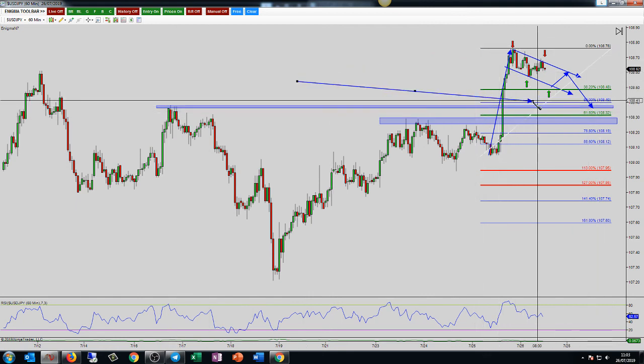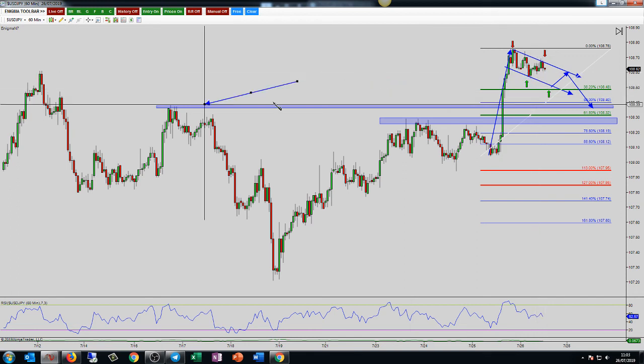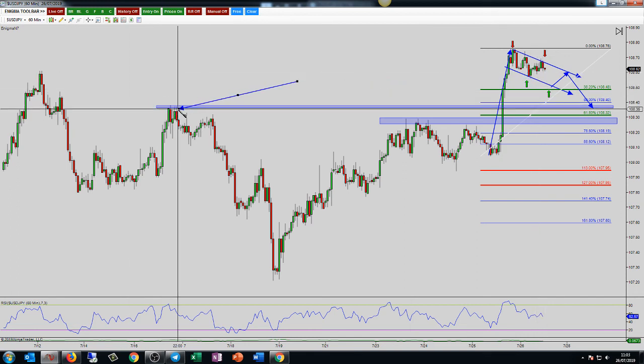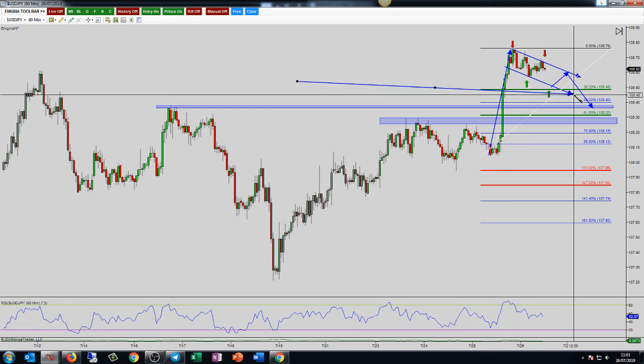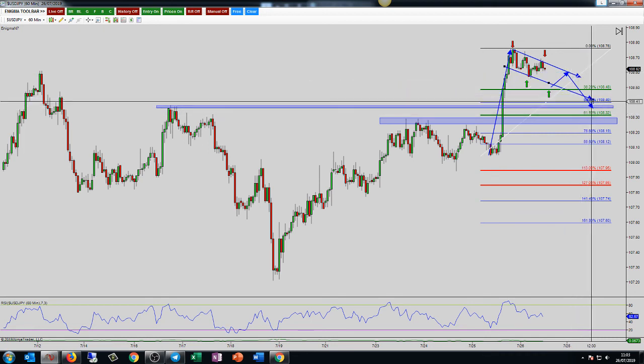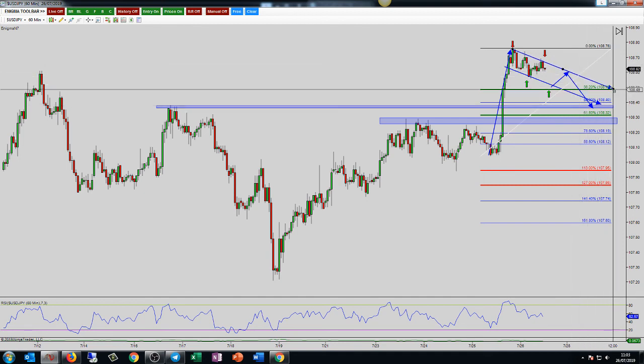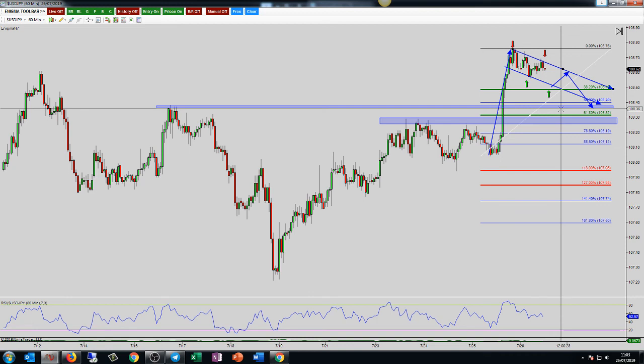So I wouldn't be too eager about getting involved in this trade on the fourth touch because it didn't come into structure. I would wait for a fifth or even the sixth touch down here and look at getting involved a little bit lower. Just wait for a bit more confirmation on that trade. That's probably taking us into next week, that one.